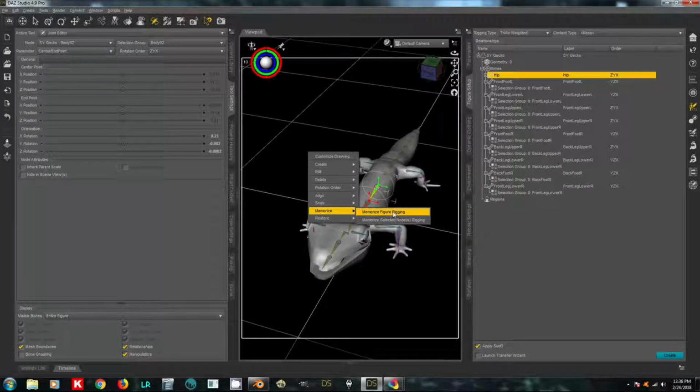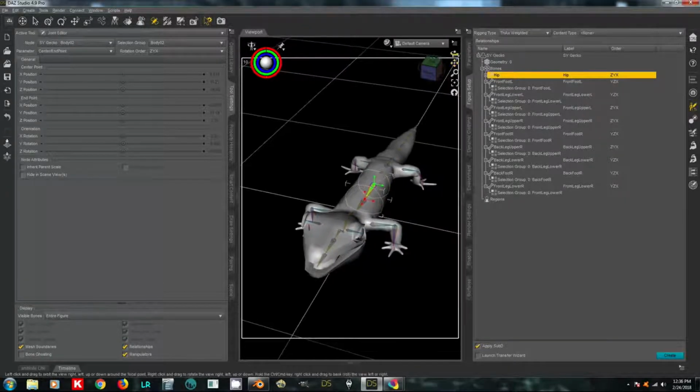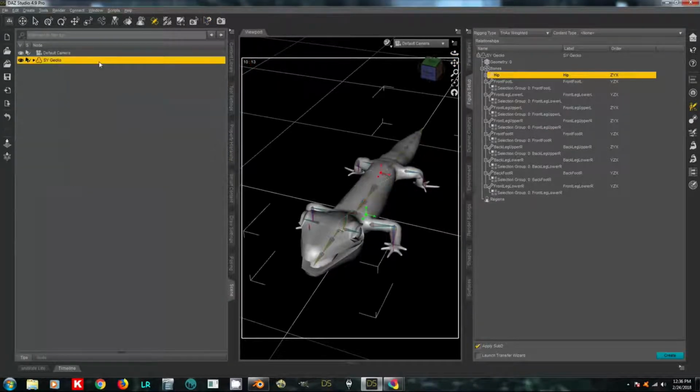And if you've closed DAZ Studio and reopened it, it will not be retained in the Figure Setup tab, and you will have to redo the entire import and the entire hierarchy setup. So you really want to memorize before you save. Usually I memorize before I do anything more than the most basic rig and save, just to make sure I don't lose my bones. So if I'm going to do that, I will go up here and choose File and